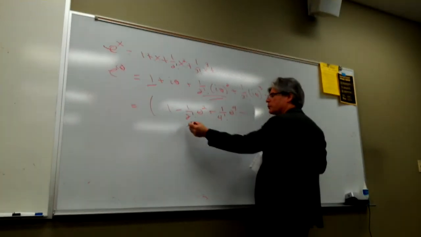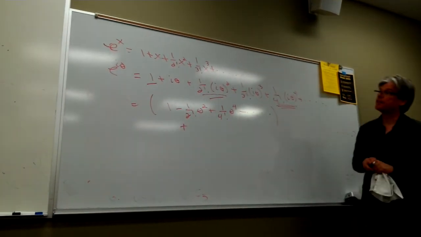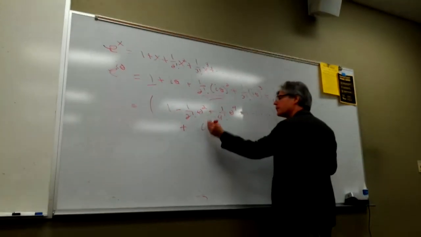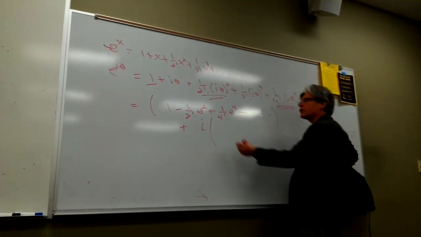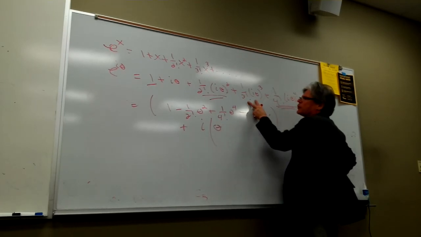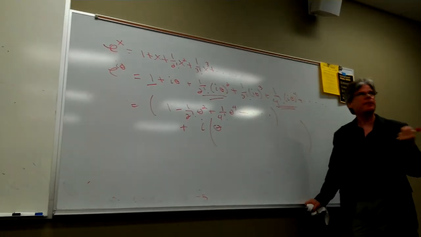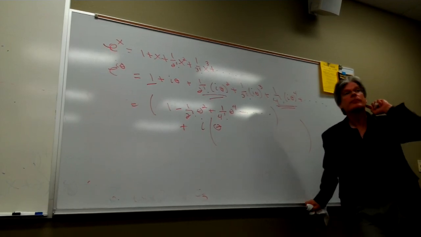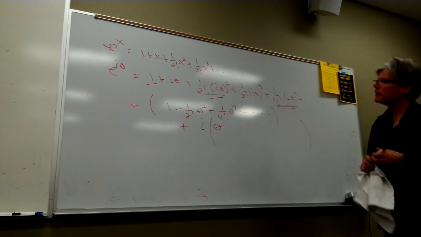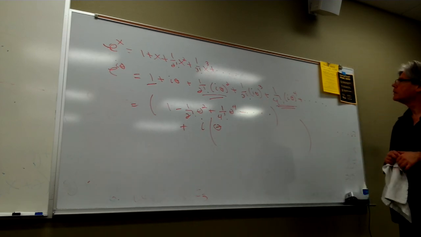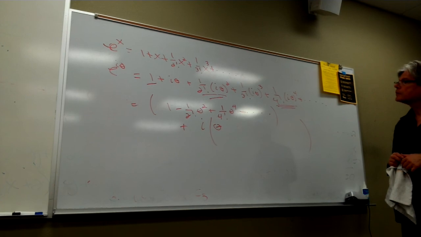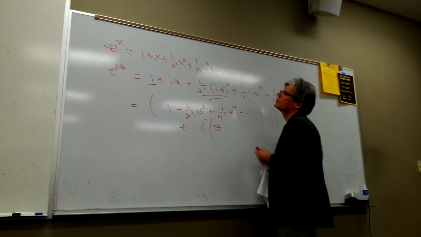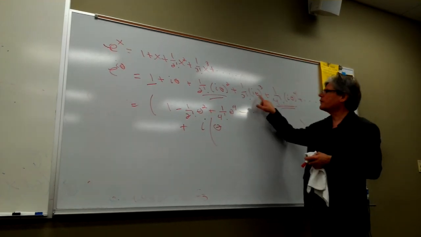Now, if you guys allow me to recollect all the other terms involving theta to an odd power, the very first one's i. I pull it out, and here's what's left over. But from the next term, I've got a factor of i cubed. Did you just leave out your i theta? Where? Oh no, so when I took the first term, no, I see, I see. I just pulled out the factor of i. Okay. But you know, with this one, if I pull out an i, there's an i